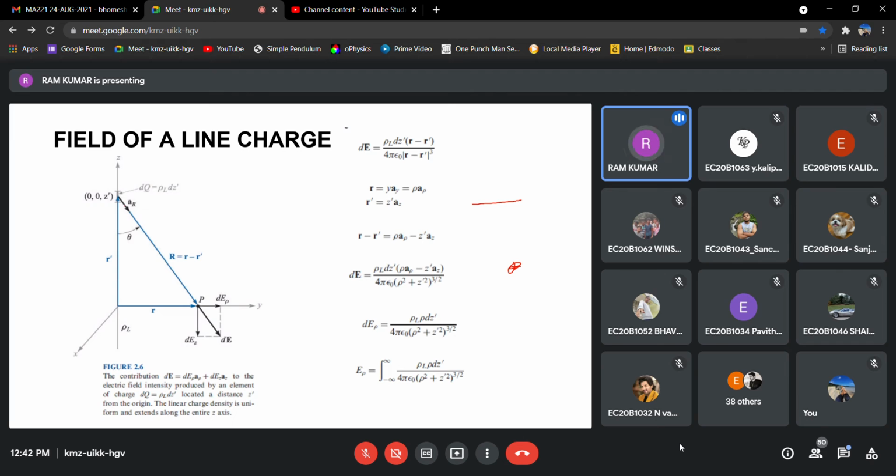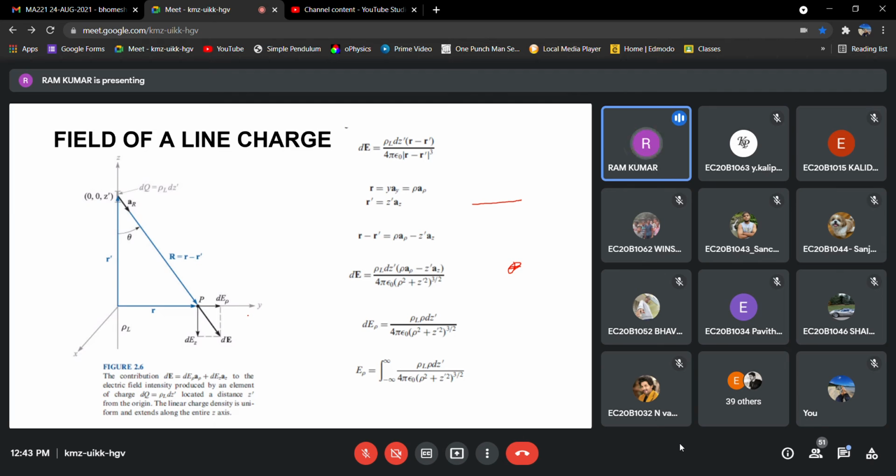Now, how do we understand this? We should have a coordinate system, right? Some reference. So we fix a Cartesian coordinate system, x, y, z. We are assuming the line charge is present along the z axis. Why not the y-axis? Yes, we can have the y-axis or x-axis, and based on that the formula will change. That's all. For the general case, we fix the line charge along the z axis. I am going to measure a field at this point, so I take this line as the y-axis reference.